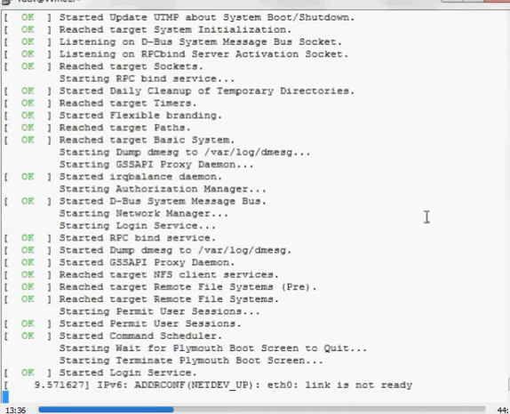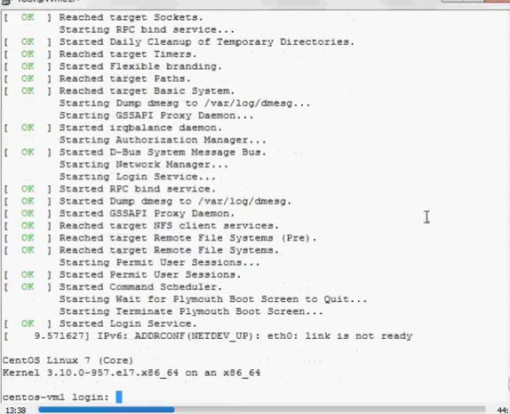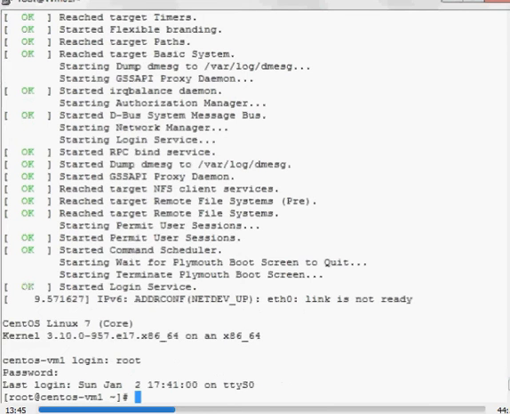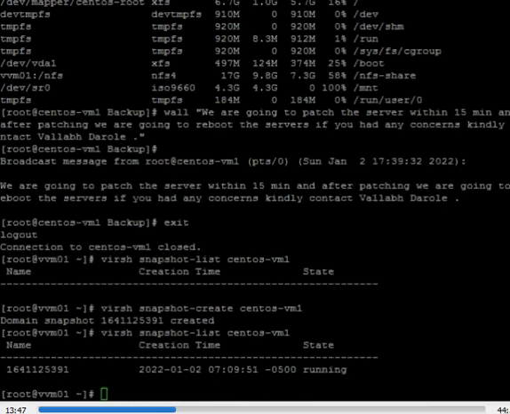There are multiple issues when we log in, when we perform OS patching. Sometimes the file system goes into read-only mode. Sometimes the file system requires file system checks. So in such scenarios, you require the console. Or sometimes if the Ethernet card is not coming up, in that scenario also you require the console. Now you can see, log into the console and see everything. You are able to log in to the server.